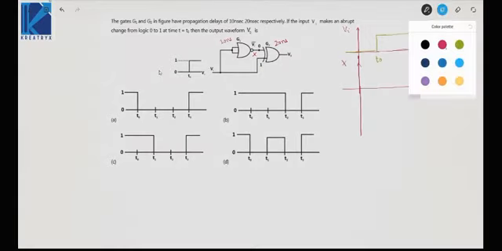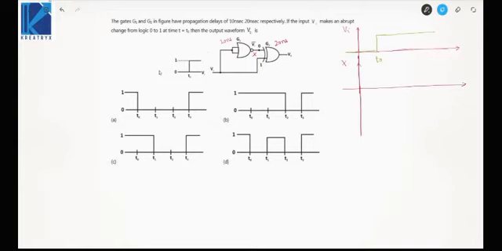X, if it is the complement of Vi, ideally it should be like this. Complement will be like this, right? When Vi is 0, it will be 1, and when Vi is 1, it will be 0. But due to the delay of 10 nanosecond, how will it be? It will go like this. It will go to 0 after a delay of 10 nanosecond. So this will be T0 plus 10. So what I have done in this problem is, I have drawn the ideal waveform without any delay, and then I have added a delay to the waveform.